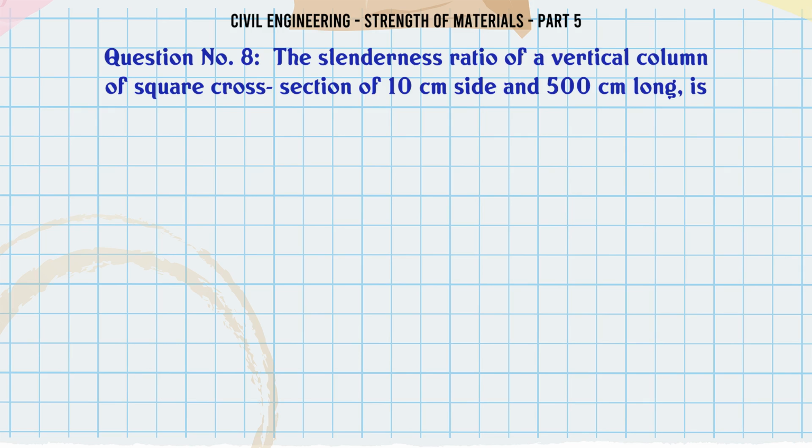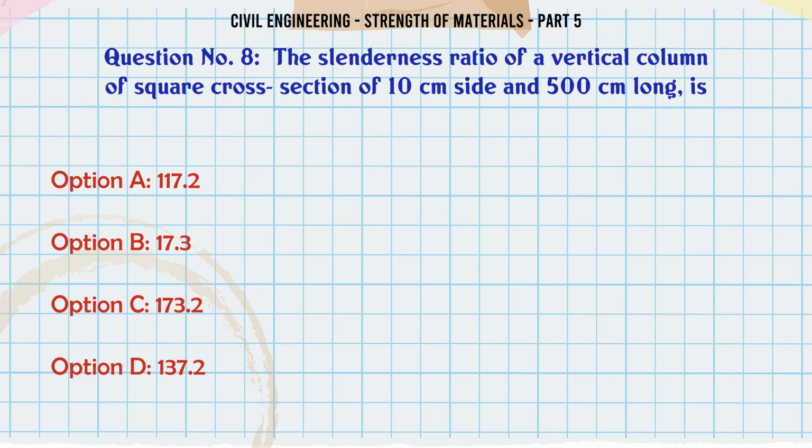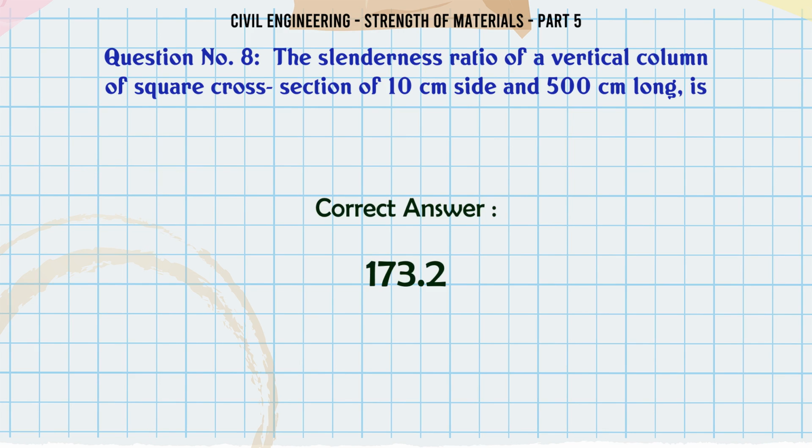The slenderness ratio of a vertical column of square cross-section of 10 cm side and 500 cm long is: A. 117.2, B. 17.3, C. 173.2, D. 137.2. The correct answer is